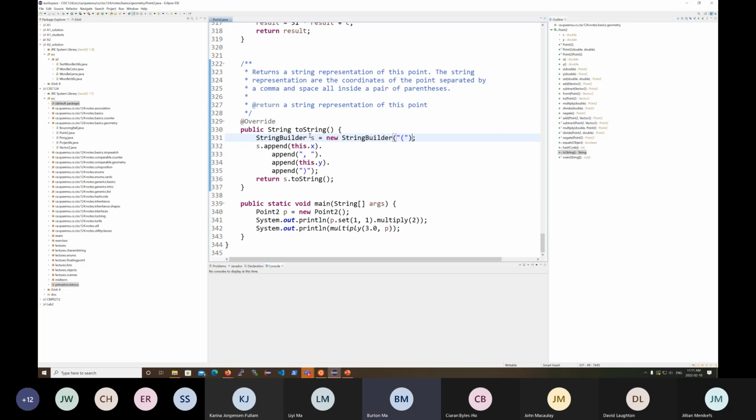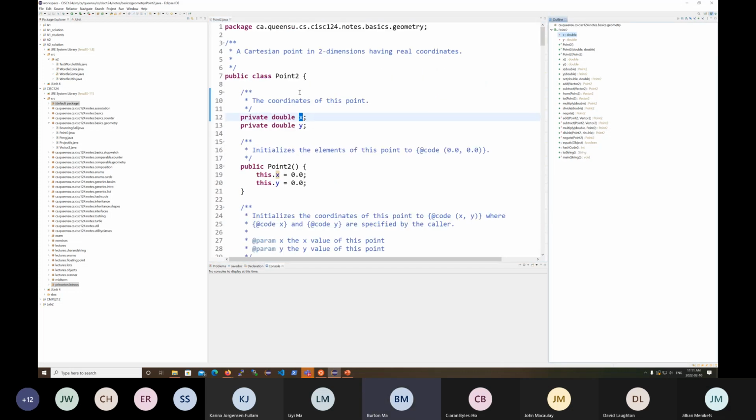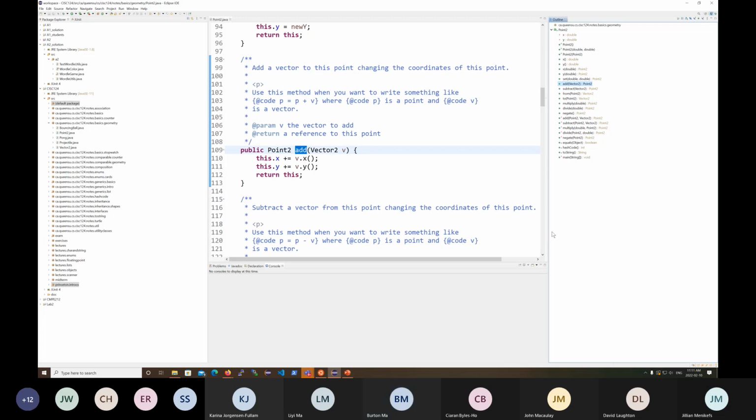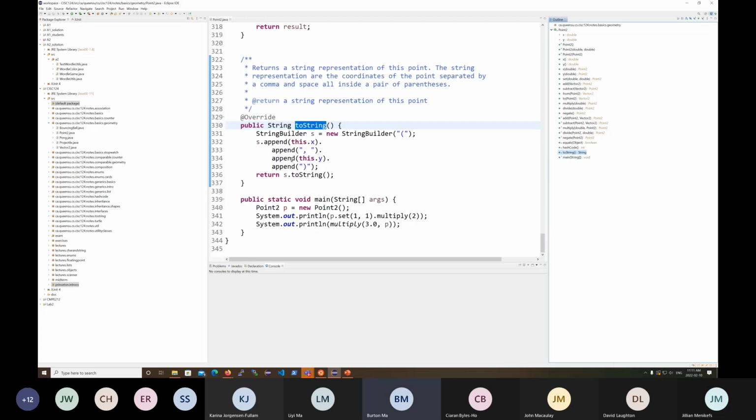So the toString method is actually inside the Point2 class. When you say this.x, you mean that x there. When you say this.y, you mean that y there. That's an example of using the outline view, by the way. If you're in a big class like Point2, you just click on a method and it jumps straight to the method. So if we jump back to toString,